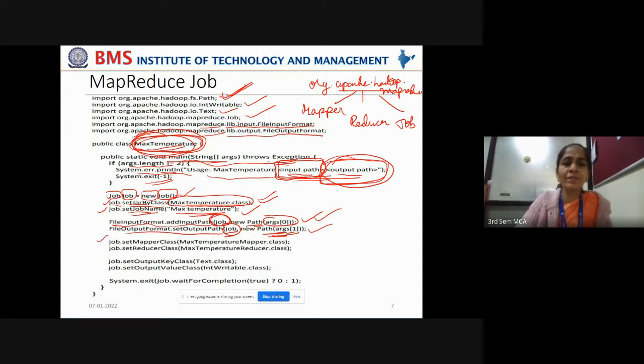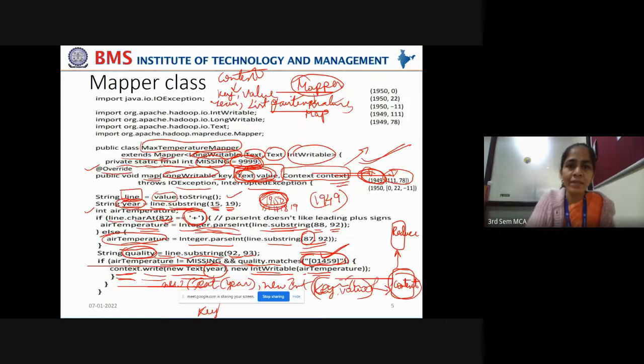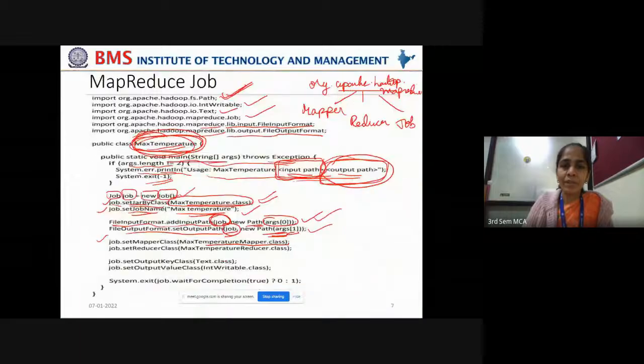Now your next step is to set the mapper class and set the reducer class. So job.setMapperClass will set the mapper class into the job. So how do you do that? By handing over the MaxTemperatureMapper.class file to it. This we have created here, right? This is our MaxTemperatureMapper class. That MaxTemperatureMapper.class file is set as the mapper class for this particular job.